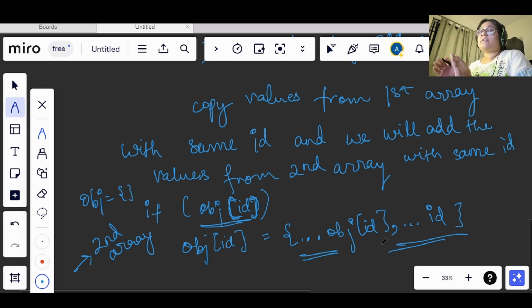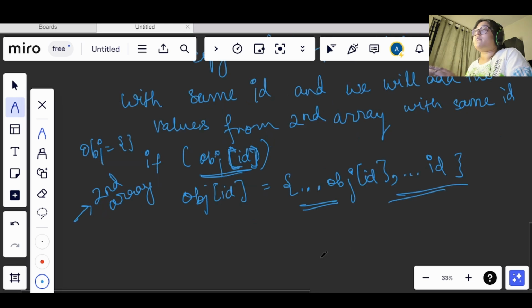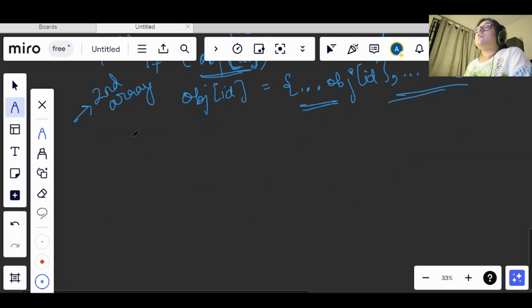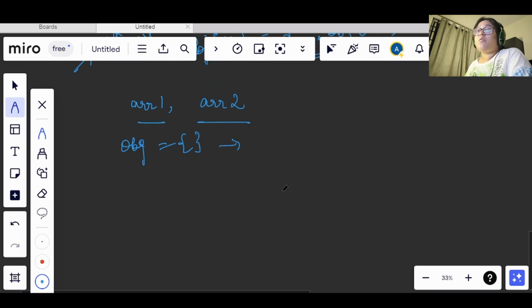Okay, so let's move to the exact approach so that it will be clear what we have to do. Let's say we have array 1 and array 2. These are the arrays that we have, and we will be using an object here. I have created a new object for storing the result. Now we will go through the iterations. We start with the iteration, and here we have array 1, right?